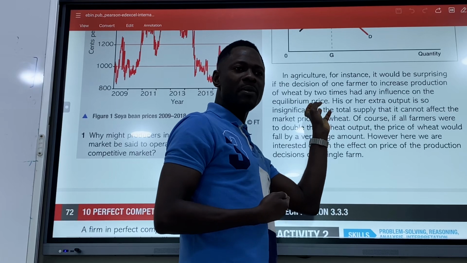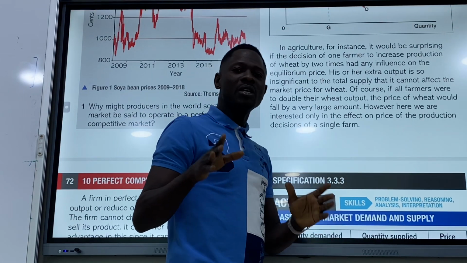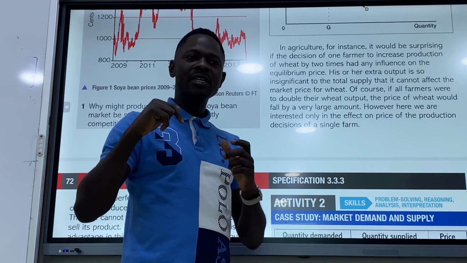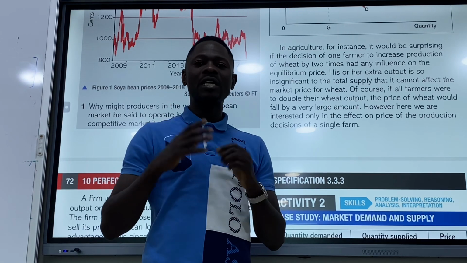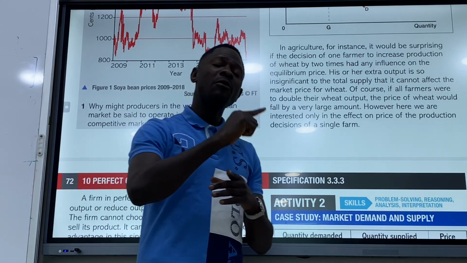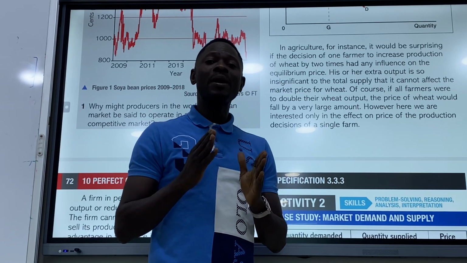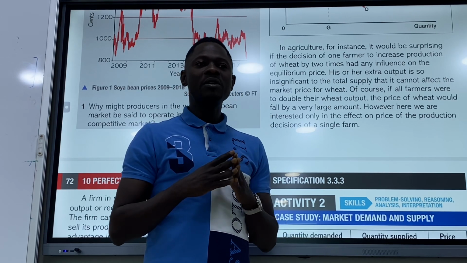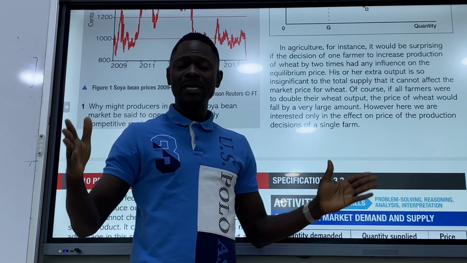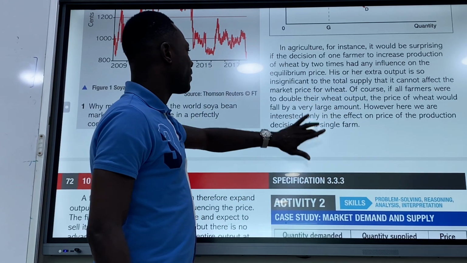But based on what we are talking about, perfect competition, we are interested in talking about just a firm in that industry. Please get the point. If a firm in an industry decides to increase its output or decides to reduce its output, it's not going to significantly affect price in a perfect competition. But if all firms in the industry decide to increase their output, it will definitely shift the supply curve rightward, and as a result, there's going to be a downward slope in the demand curve, bringing about expansion in demand and a fall in price. That is about the perfect competition.